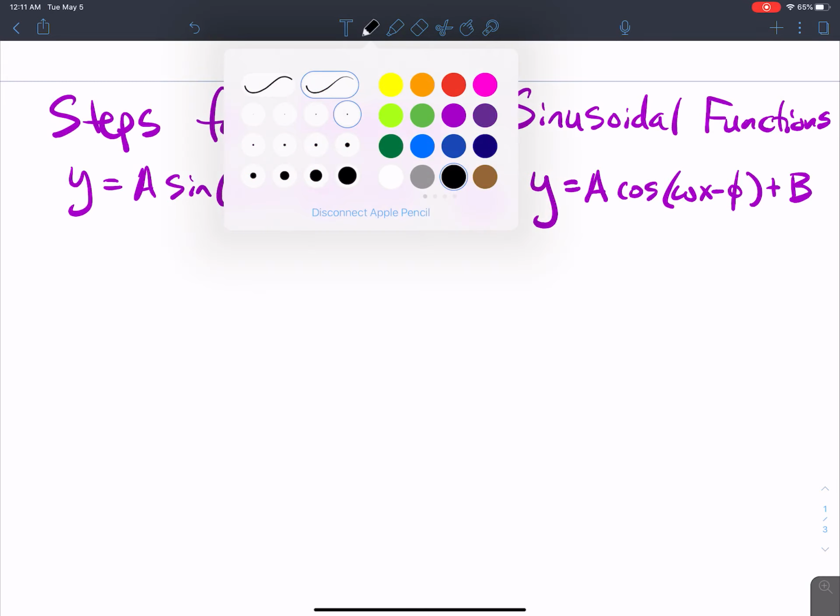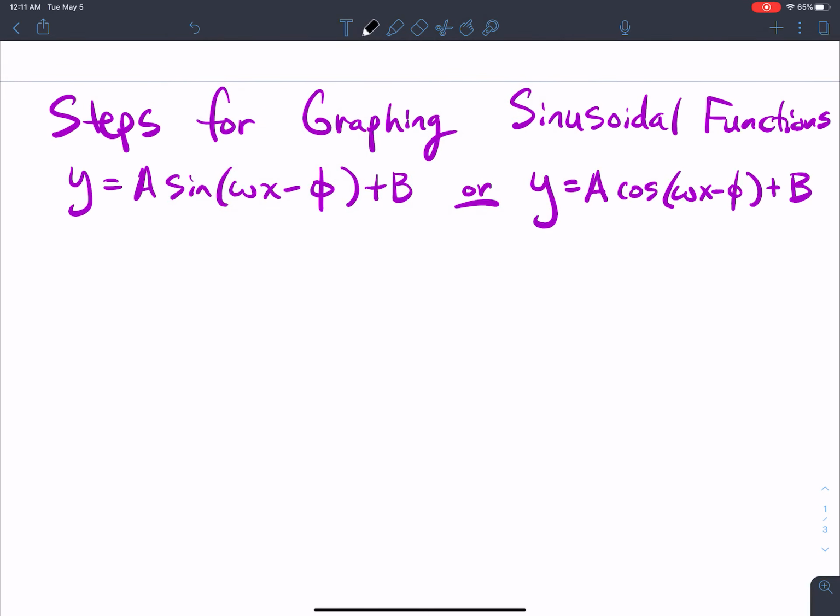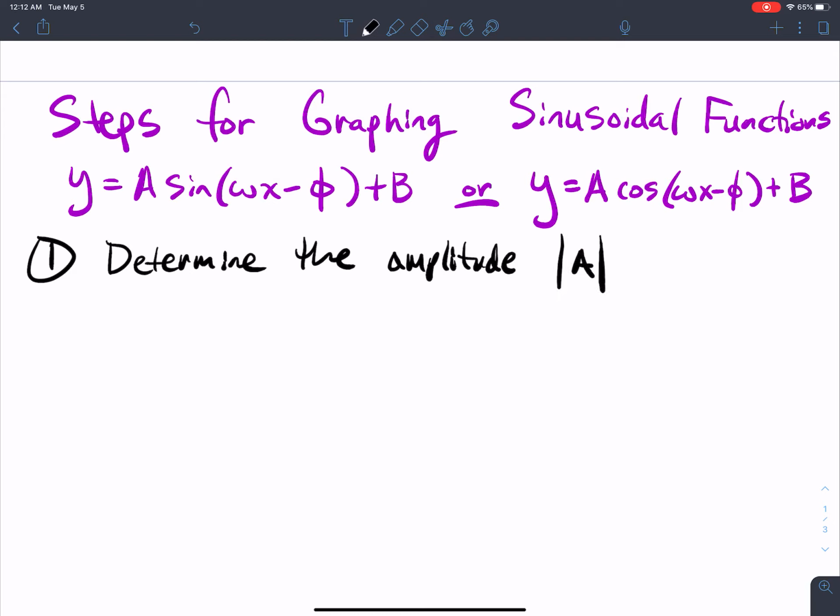So I'm going to walk you through the steps for graphing sinusoidal functions of the phase shift form. The first thing I want you to do is to determine the amplitude. All it is is the absolute value of A, the coefficient in front of the sine or the cosine. So determine the amplitude,